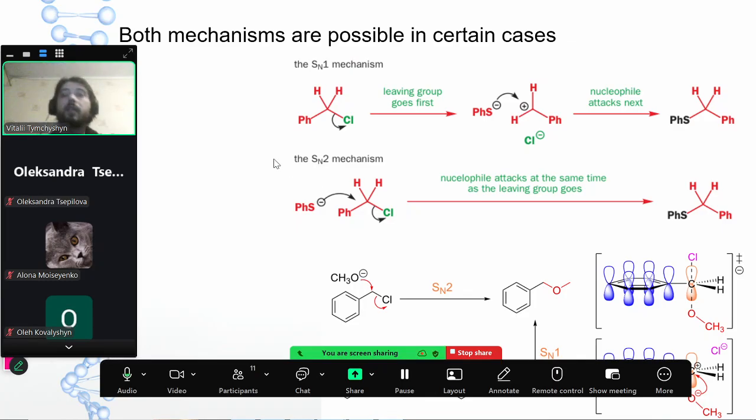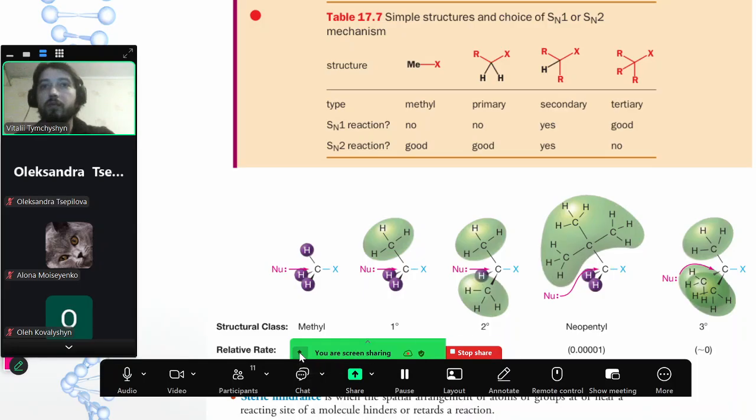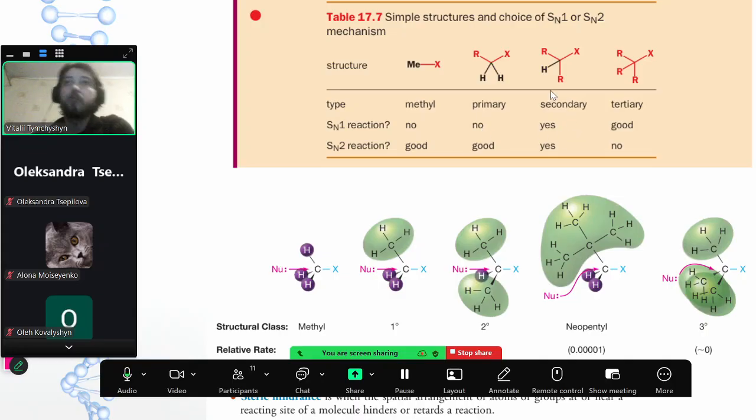Okay, there are certain cases when both mechanisms are possible. It may be that there are some chemicals where the leaving group may go first, and then you have the nucleophile attack, or when you have the nucleophile attack and the leaving group leaves at the same time. Here is a table that tells you what is more likely to happen, SN1 or SN2 reaction. So here we have a structure, X is the leaving group,